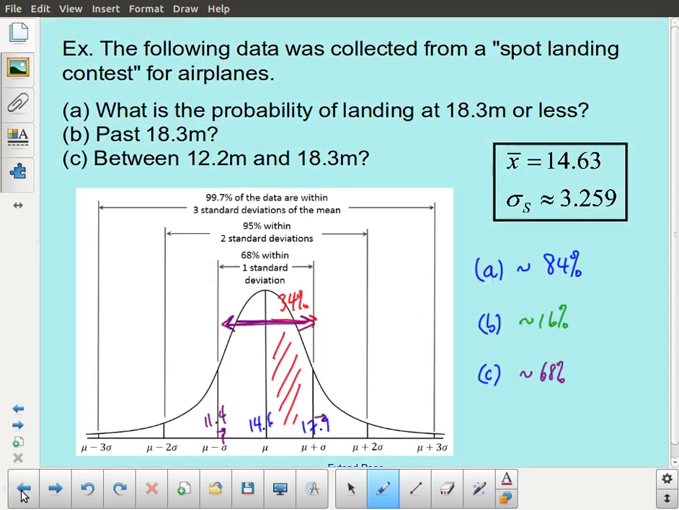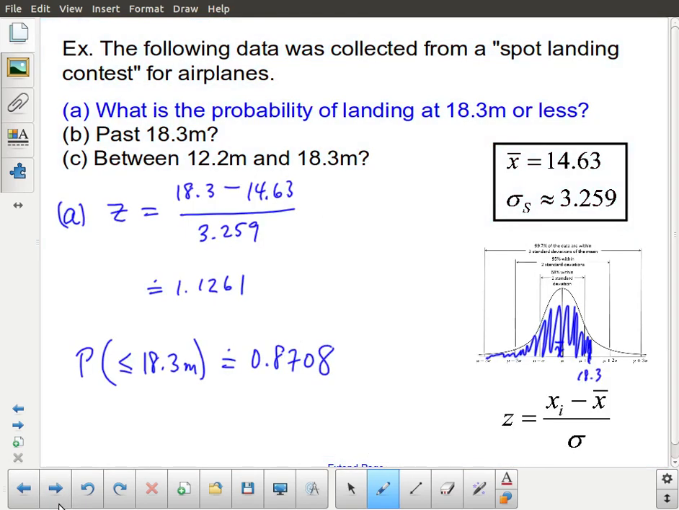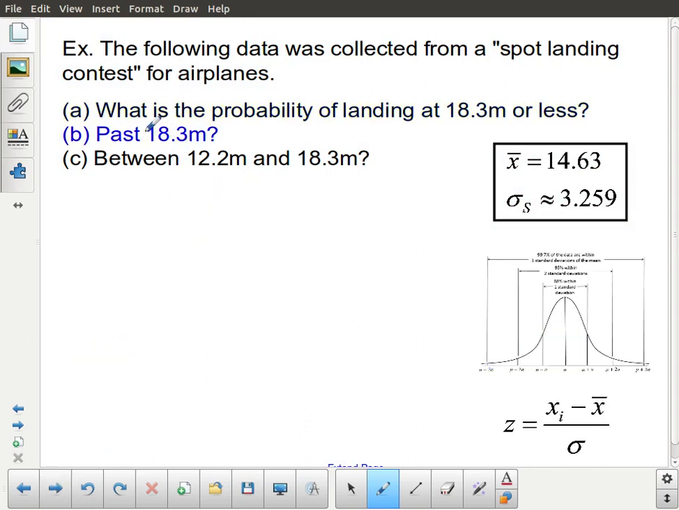Compare that to our prediction. I said 84%. And for a ballpark prediction, that's still valid. Moving on to the next one, for part B, what's the probability that it's going to land past that point? So again, there's our